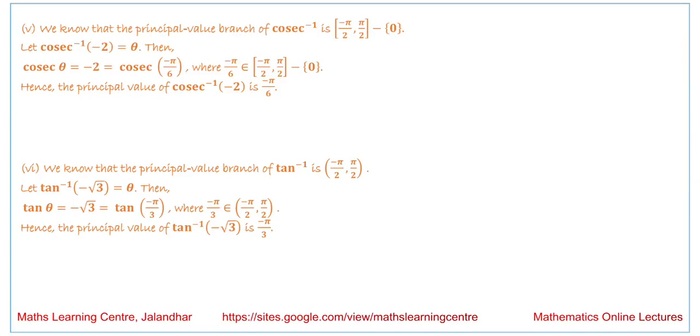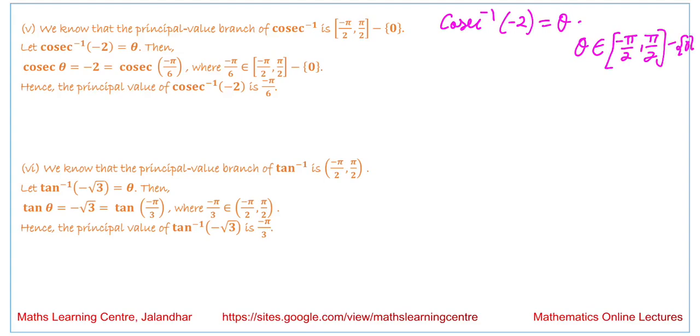Next question we have is cosecant inverse of minus 2. So let cosecant inverse of minus 2 be equal to theta. Now the value of theta should belong to the interval minus pi by 2 to pi by 2, except for the point 0. So we are interested in the value where cosecant theta should be equal to minus 2,